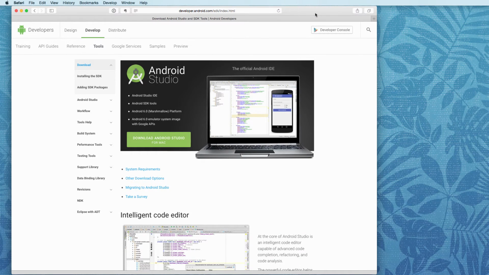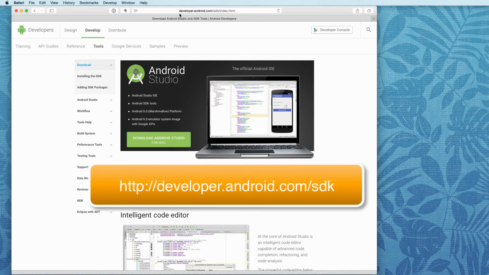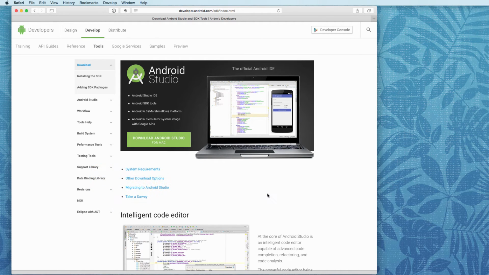Hi, so in this video I'm going to demonstrate setting up the development environment for your Mac. To begin with, you need to go to the developer website, developer.android.com/SDK, and that will take you to this opening page, and it will recognize the operating system that you are using. You can see here I'm working on a Mac, so I have the option here to download Android